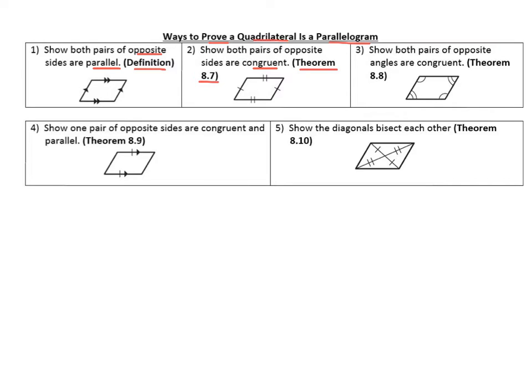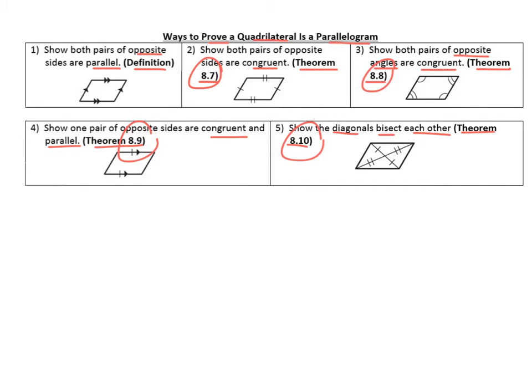Or I could say that opposite angles are congruent. This is theorem 8.8. One pair of opposite sides are both congruent and parallel. This is theorem 8.9. And then the fact that the diagonals bisect each other. This is theorem 8.10. So I'm going to use these numbers as an explanation as to why a figure is